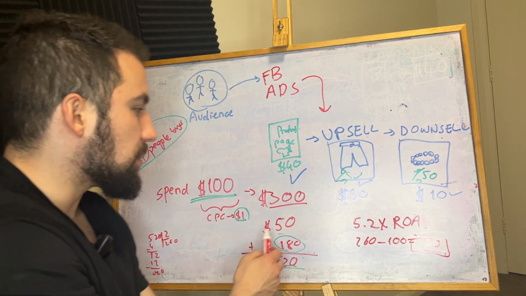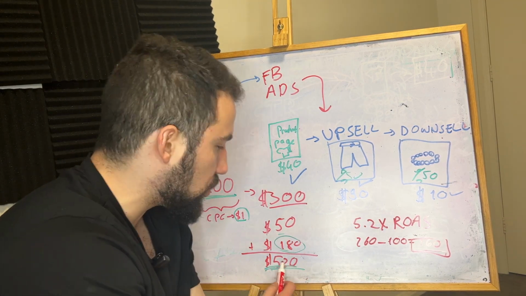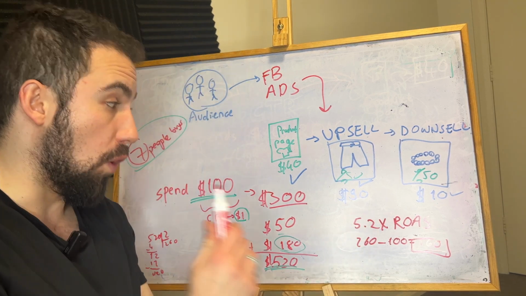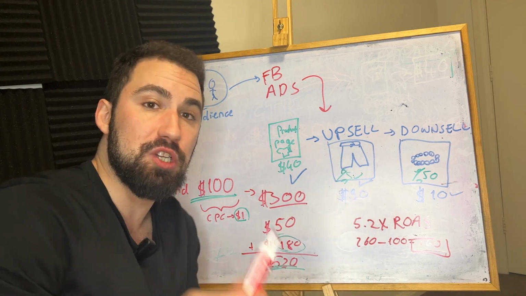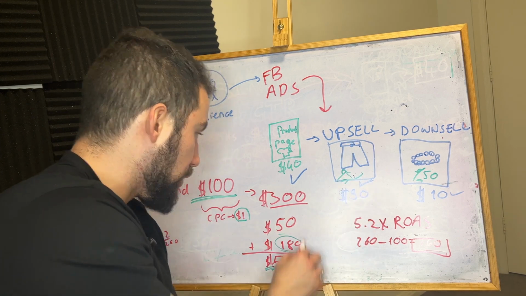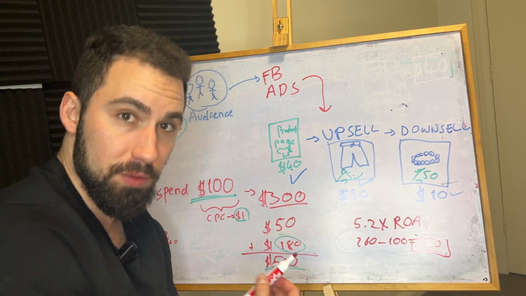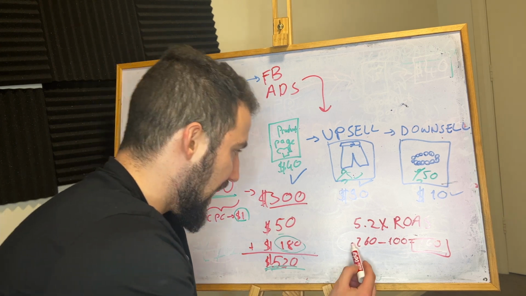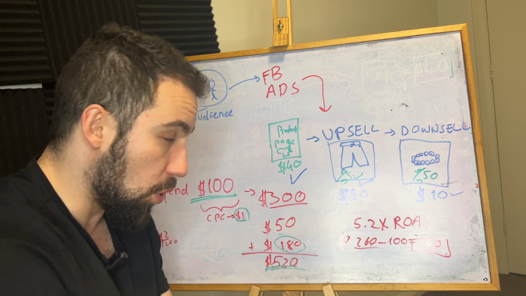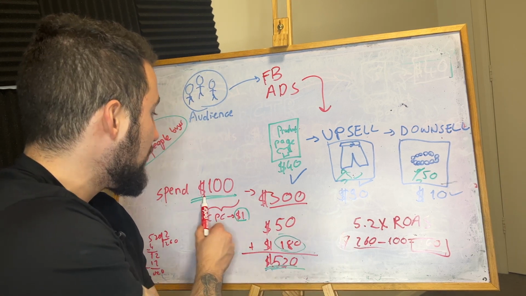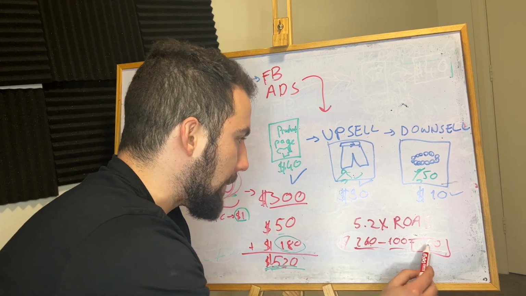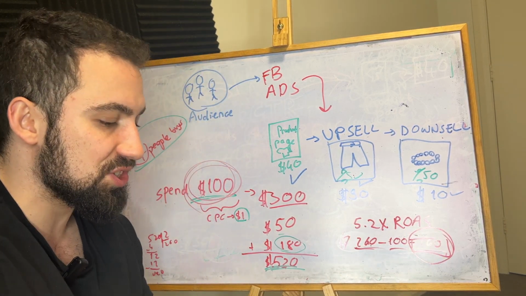We are dividing this by 2, guys. We're dividing this by 2. What does that mean? We have $260 in overall profit. Why? Because our profit margin is 50%. We're actually making profit when we divide this overall conversion value, because we have to get the clothing from somewhere, right? We have $260 of net profit. But as I said, the overall profit is calculated when you take the actual ad spend out of the equation. Now, if we do that, what happens? We have $160 net profit.